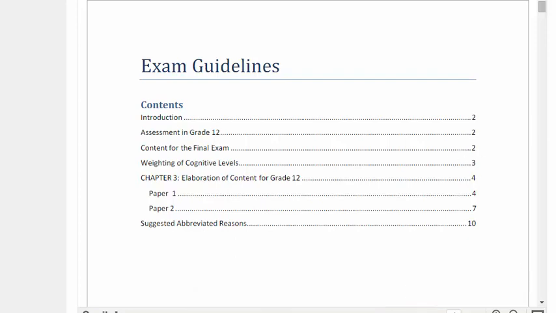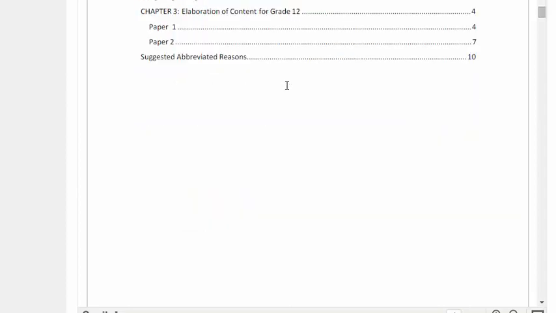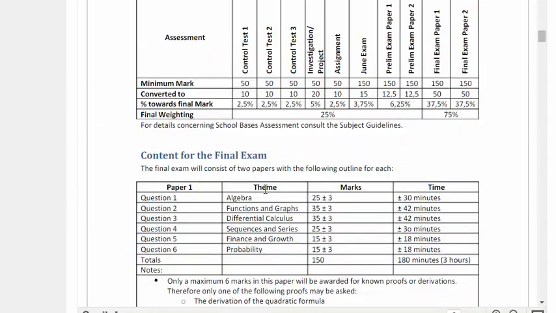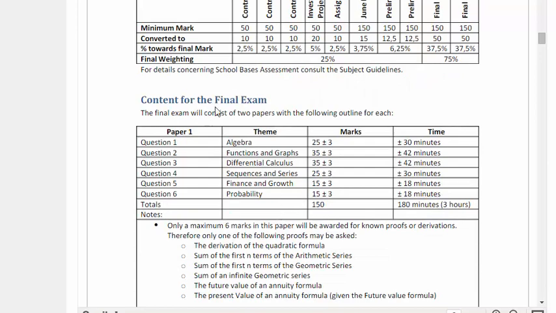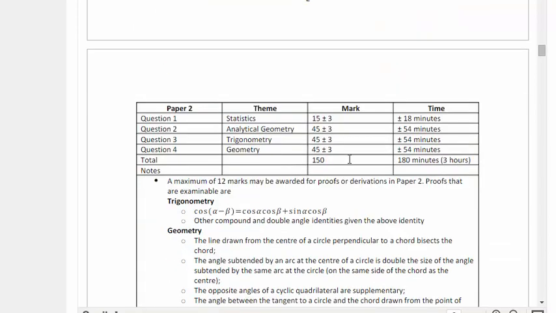Okay guys, as I promised, we are going to look at geometry today, and as I mentioned before, it is the biggest topic in maths. Here's the exam guidelines I wrote for SACAI, and you'll see there, and this is not exactly how your paper is, question 1 is in statistics, question 2 analytic, question 3 trig, but roughly the first few questions are stats. The next section is analytics and then trig.